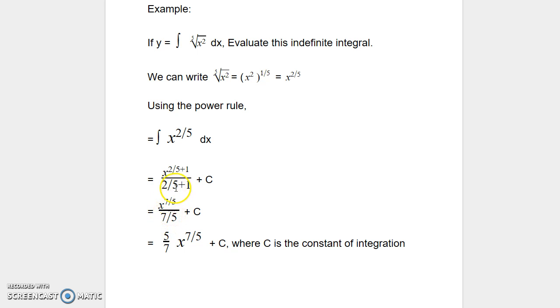So when we simplify that, we arrive at 7 over 5, and then we're going to add this c as a constant of integration to the solution. Since we have a fraction in the denominator, we can flip that and then write it on the side of the equation as 5 over 7 times x to the power of 7 over 5 plus c, where c is the constant of integration. This is how we're going to solve simple example problems related to radical terms, and then